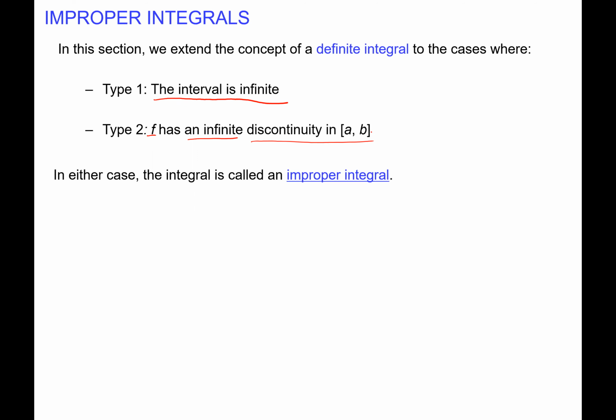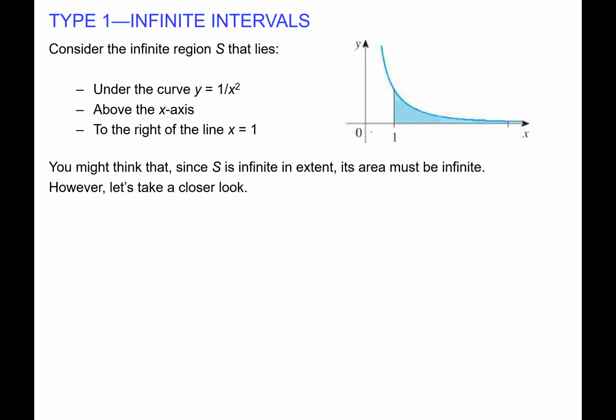Let's investigate type 1. Looking at the rational function 1 over x squared, we will investigate type 1. This function is simply a rational function, a hyperbola in the first and the second quadrant. But since we're looking just at the interval from 1 to infinity, that means we will look at quadrant 1. This is 1, that's